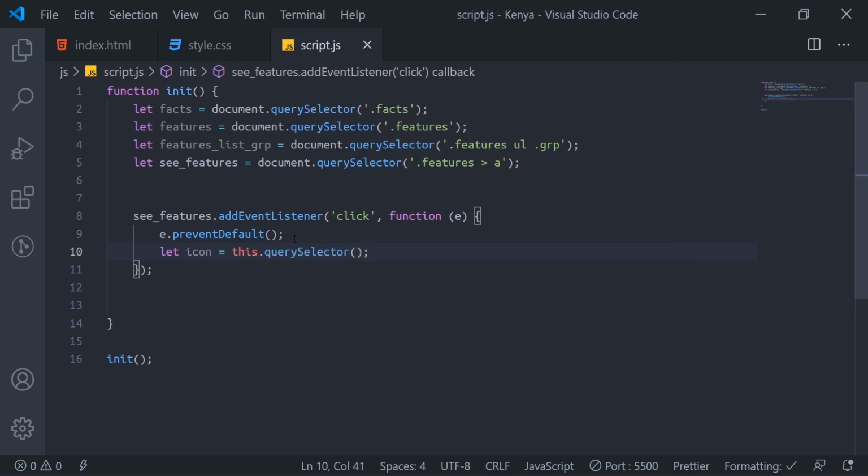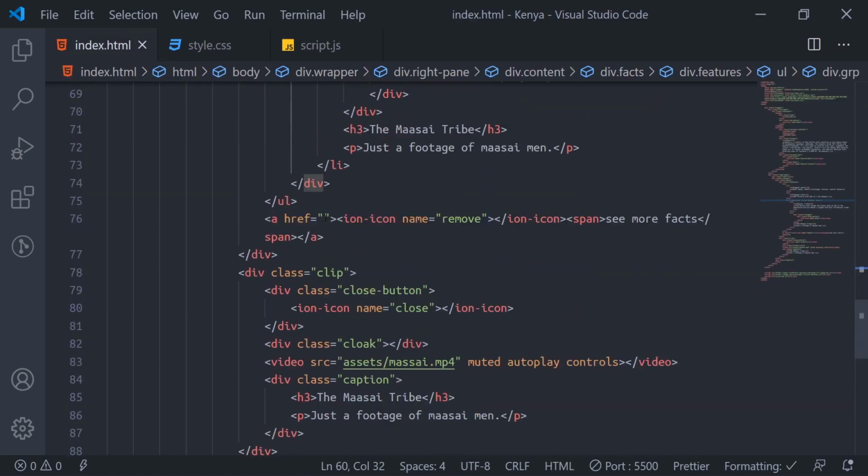We want to grab the icon. So icon. So when we click these see features now, we go grab this.